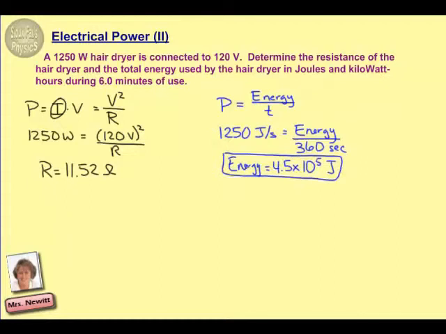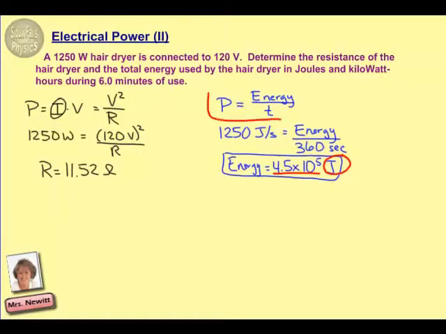Now the second portion of this is to calculate the energy in kilowatt hours, because of course that is how we are normally billed for electricity. Notice that a joule, as we found earlier, is a label for energy. Kilowatt hours is also a label for energy. So we could ideally just take this value of 4.5 times 10 to the 5th and use a little conversion factor to get to kilowatt hours. But we can also easily get this, and probably a little bit easier to see how we're doing it, if